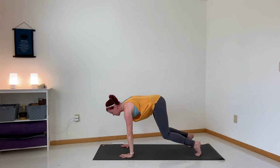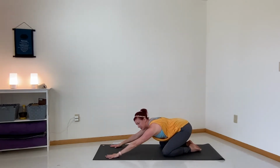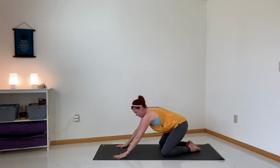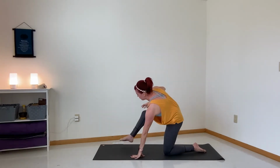Inhale, come forward. Drop your knees back down. Exhale, release into your child's pose. Nicely done. Nicely done. Let's lift up and take our right foot forward so that we can move into a